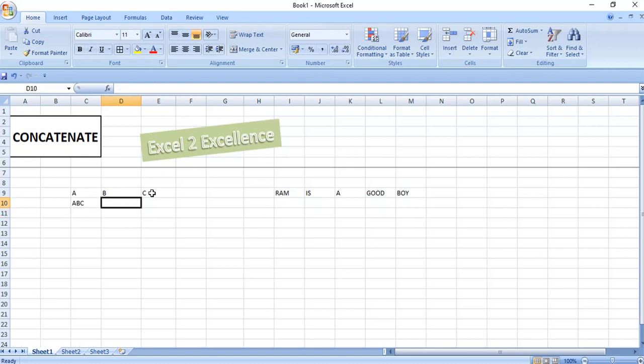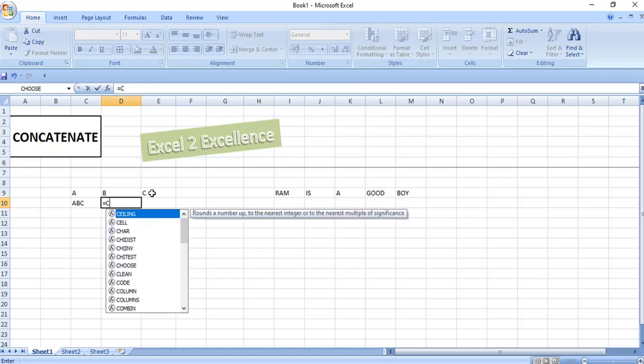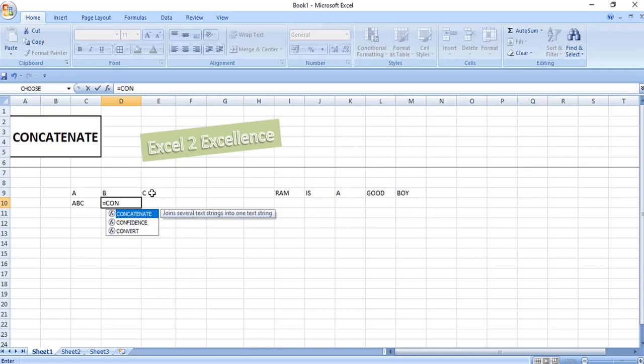So again I will try this formula with a special character. Select concatenate. I've chosen here A. Now I want to insert a space, which can be inserted with the help of double inverted commas.